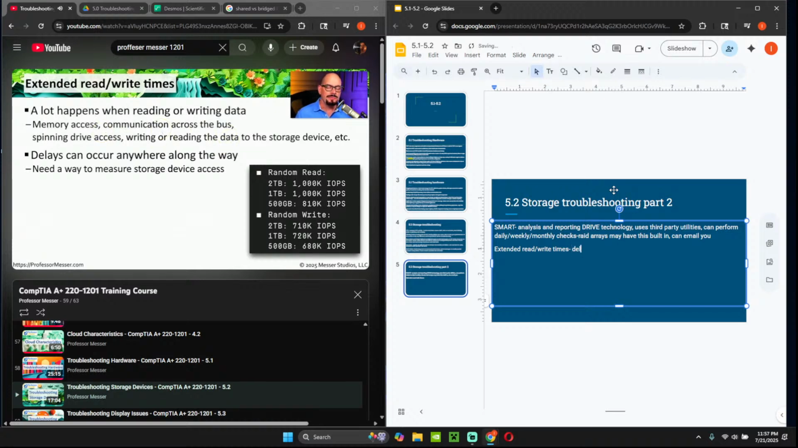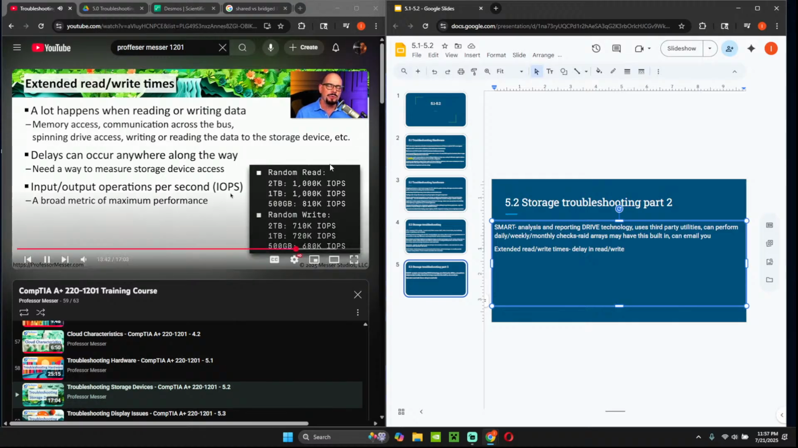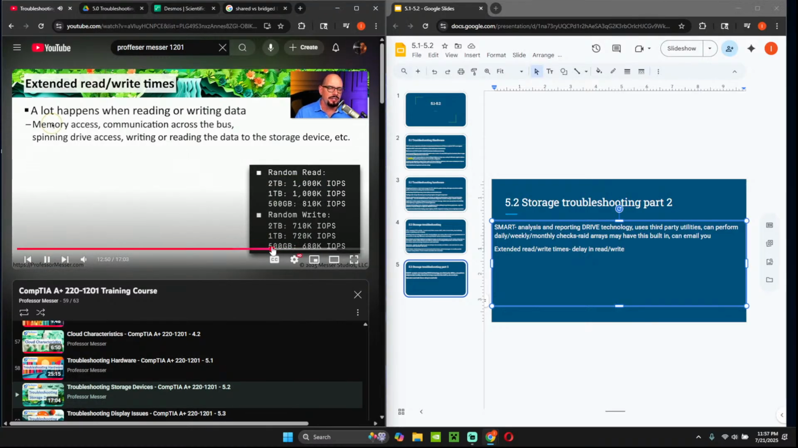There might also be times when we'd like to compare the performance of one storage drive versus another. So you might want to perform some performance checks to see if you could tell which drive would really be the better choice. One of the metrics that we use to provide that type of feedback is the number of input-output operations per second, or IOPS. This is a very broad view of performance, and it gives you an idea of the